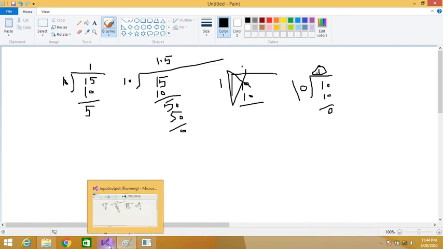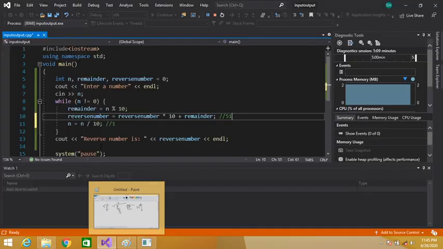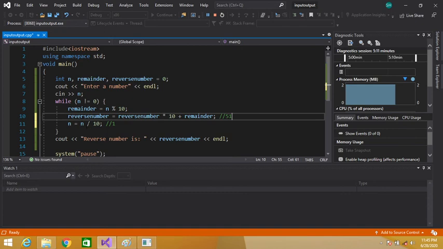So 1 divided by 10 is equal to 0.1. As we know that n is an integer variable, it will take only the integral part, that is 0. So 0 is stored in the n variable. Now our loop is ending, so control will again shift here. 0 not equal to 0?